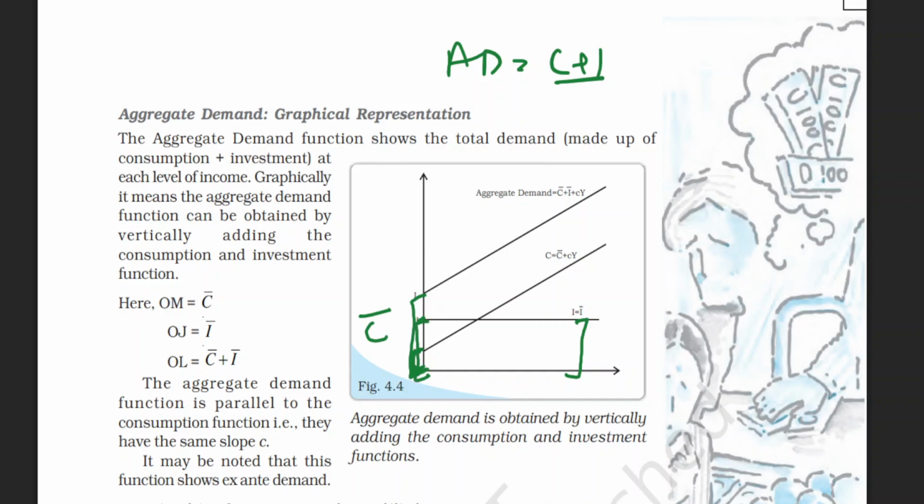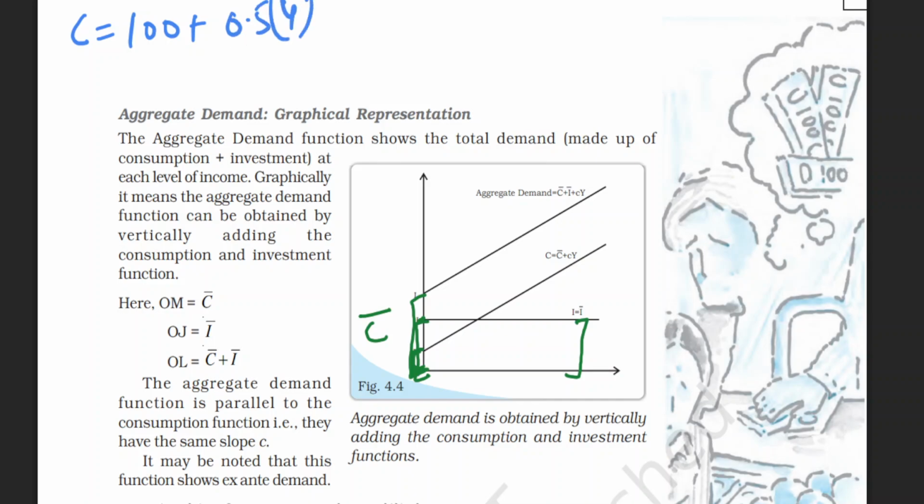You will be more clear with some numerical part. So let's consider that numerical part first, so that you will be able to understand more clearly what I am trying to say and what this graph is going to represent. I will be showing you with that, right? Okay, let's start. Suppose that you have been given C as 100 plus 0.5 Y.